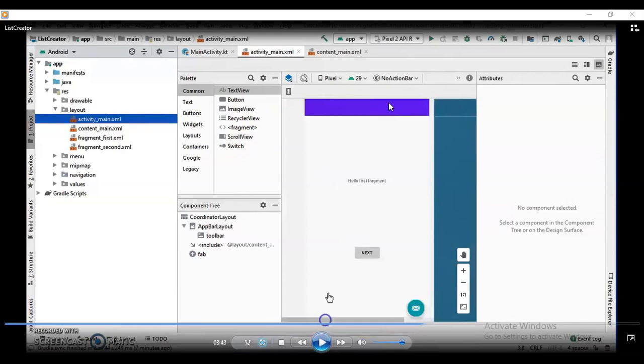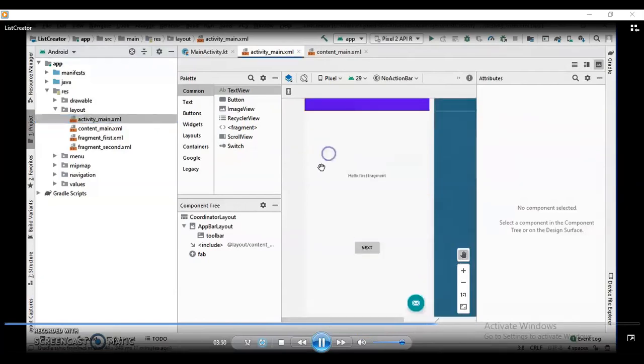One toolbar is there, and these different things appearing here, that is hello first fragment, which is the text view, as well as the next button, are specified inside the content_main XML file, which has been directly included inside activity_main.xml with this include. You can observe these things here, right?